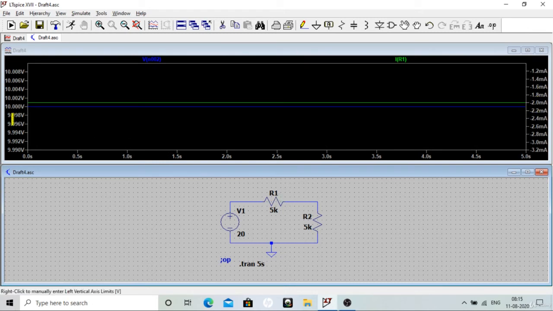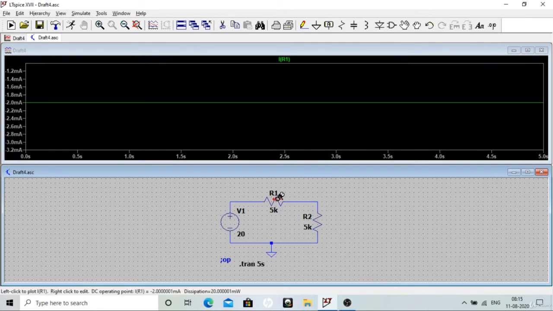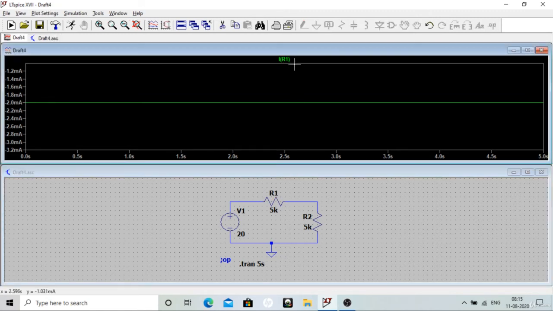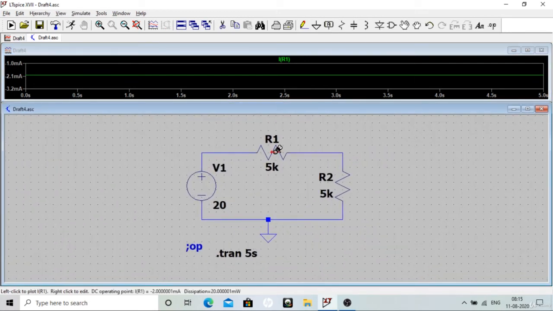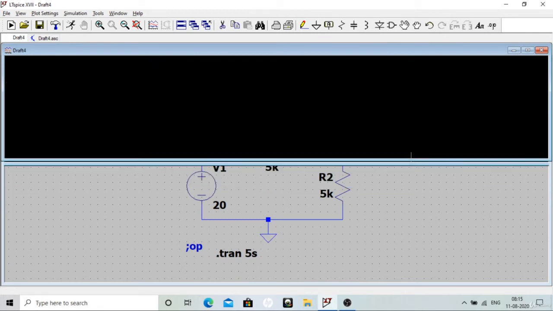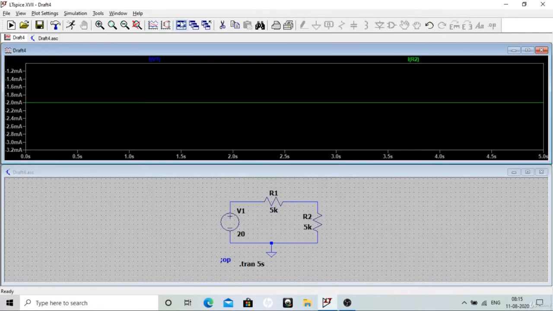Now we are looking at voltage as well as current, that's why there are two y-axes, although the x-axis is the same. If you want only one to be seen, just double click it. So minus 2 milliampere. Okay, I'll give you a closer look. Here you can see this odd looking type. Similarly, this current also is the same. You can see minus 2, and this current also the same. You can see the direction. That's the good part. Okay, so tile horizontally, so it's better.